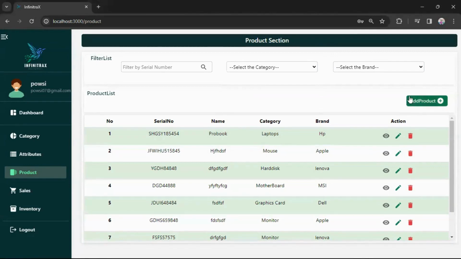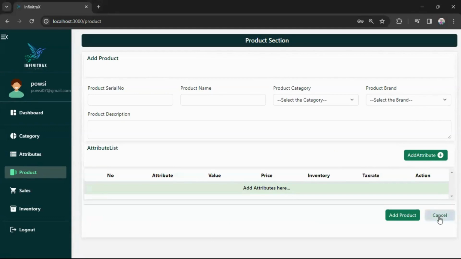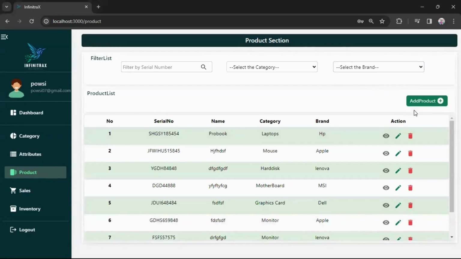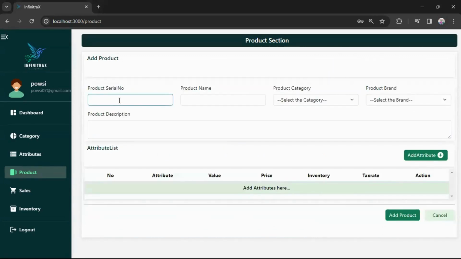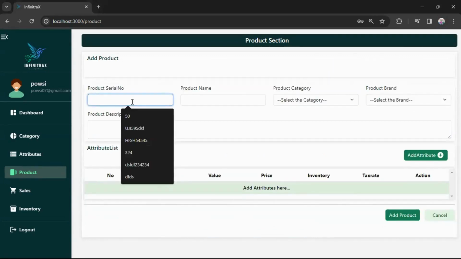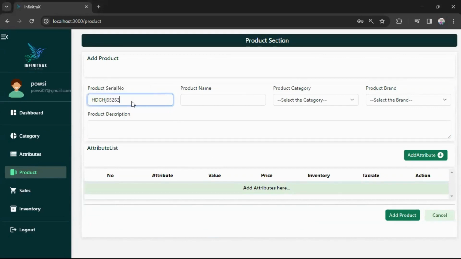Here is the product button. If we click that product button, we can go to the product section. Here at the bottom is the cancel button. If we click the cancel button, we can go back to the product view section. If we click add product, we can go to the add product section, and here we type the product serial